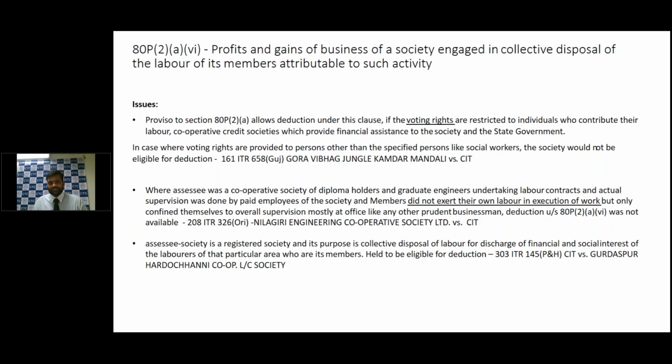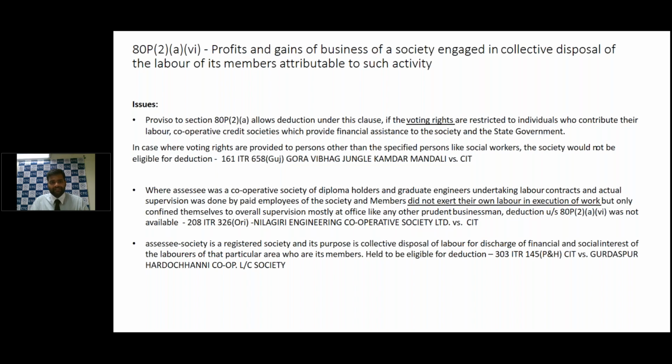Section 80P(2)(a)(vi) deals with a society which is engaged in collective disposal of labor of its members. Profits and gains of such activities are eligible for deduction. Here, the proviso to sub-section (2) clearly says that deduction will be allowed only if voting rights are restricted to the individuals who contribute their labor,